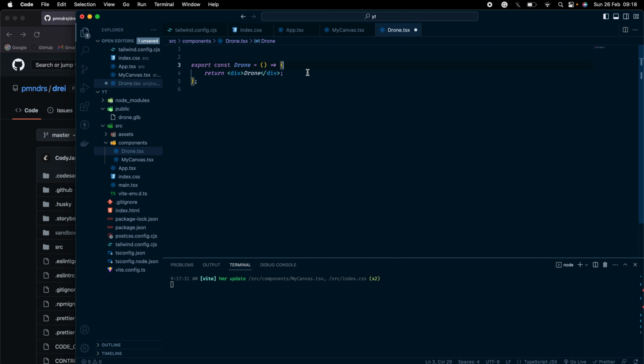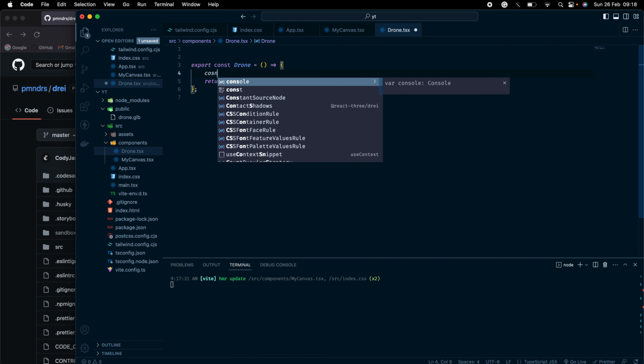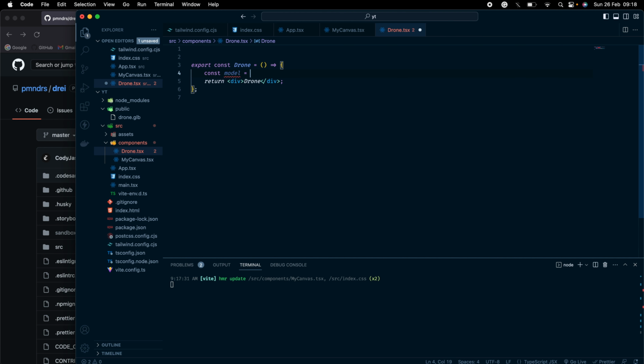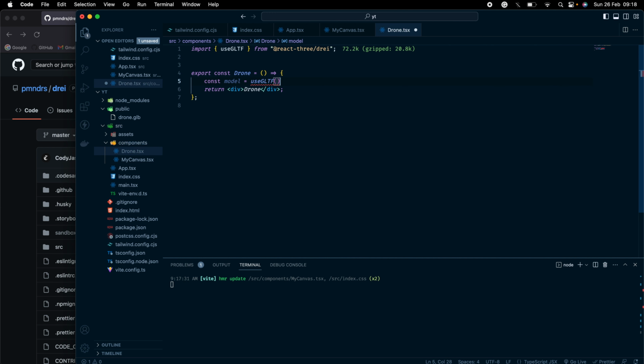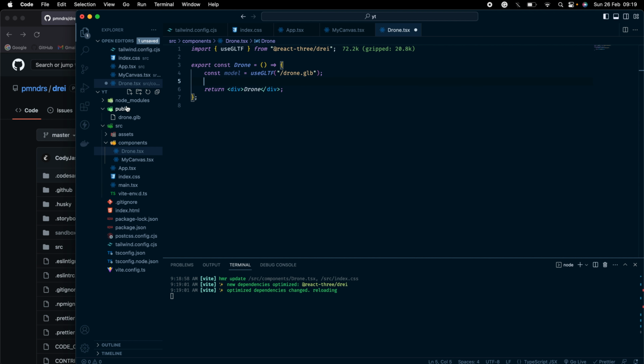I'll delete this. Now to bring in the model, we have something called, one second, const model is equal to useGLTF. So this basically loads the model for us from this file and puts it into this constant right here. So I'll have to give it the path. So here slash